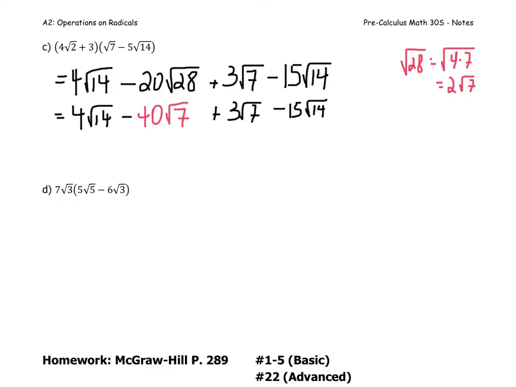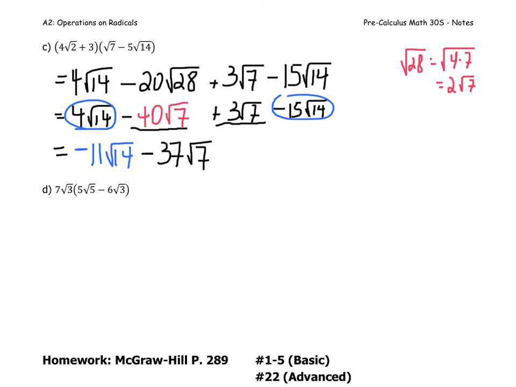There, okay. Now, can I combine some things? Yes, I can. In terms of root 14s, I've got this term here and this term here. Combining those together gives me negative 11 root 14. And in terms of root 7s, I got this one here and this one here. So those 2 terms, if combined together, gives me negative 37 root 7. Okay, last one, again, pause it if you'd like, or you can just watch as I do this. So 7 root 3 times this binomial. Well, let's multiply 7 root 3 times 5 root 5. That gives me 35